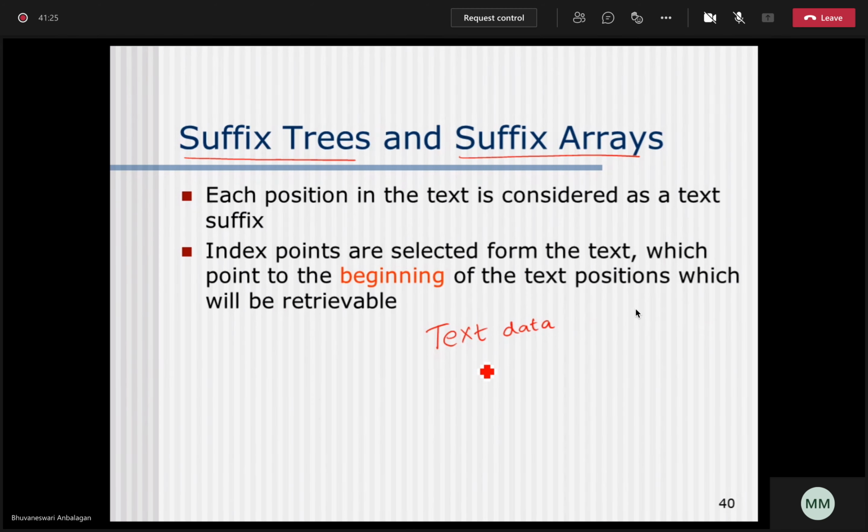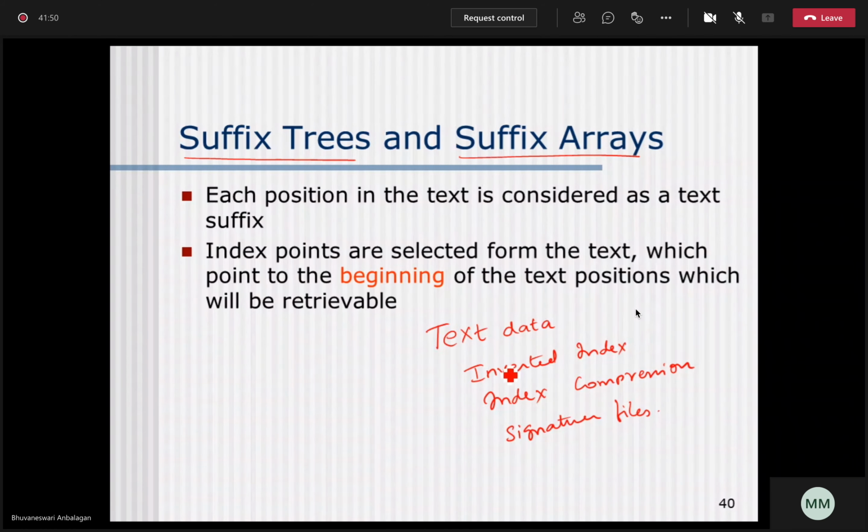Initially we had seen inverted index, and then index compression. In index compression we have seen Golomb encoding, Elias gamma, Elias delta, and variable byte encoding. Then later we have seen signature files.